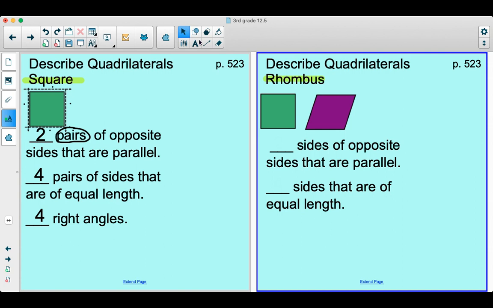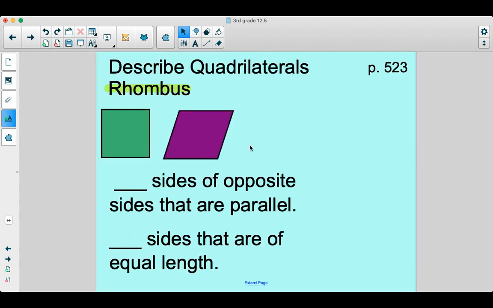All right, so let me go back for just one page. There we go. All right, so we have 2 sides of opposite sides that are parallel and 4 sides that are of equal length. Now, that's kind of important because